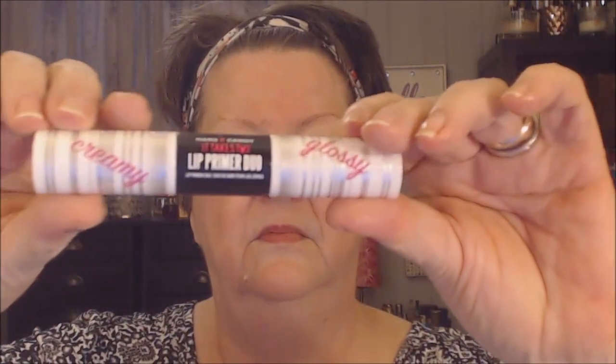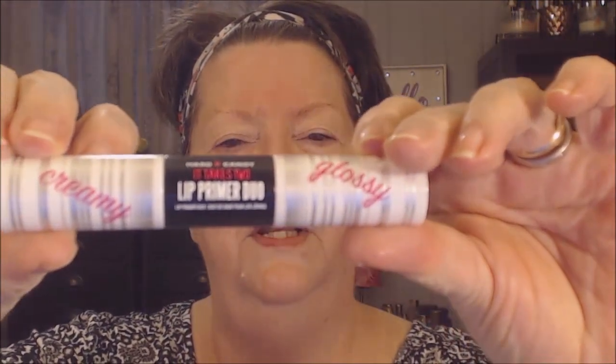Okay, it's called Lip Primer. It takes 2 lip primer. One end is glossy, one is creamy. I think I'm going to go for the creamy. Okay, so that's...